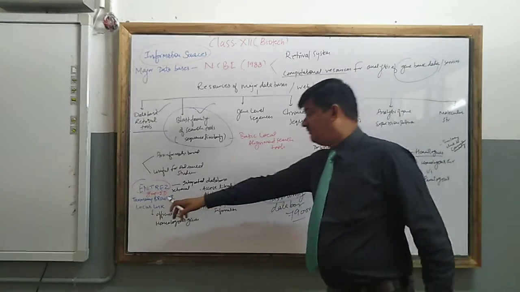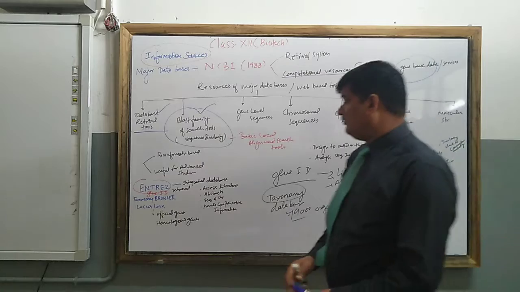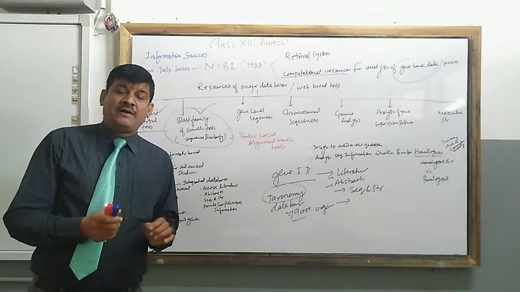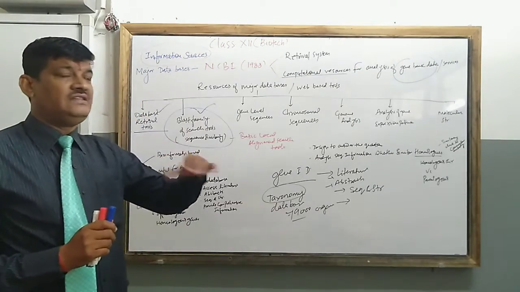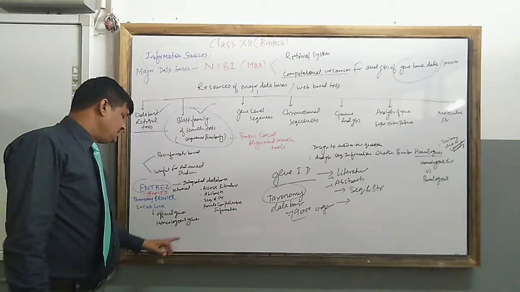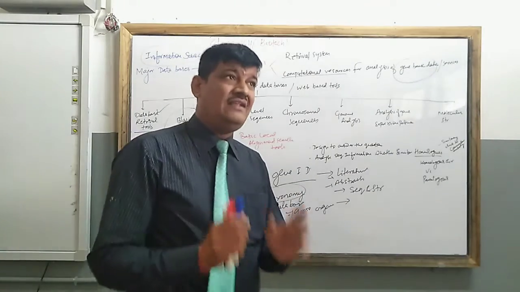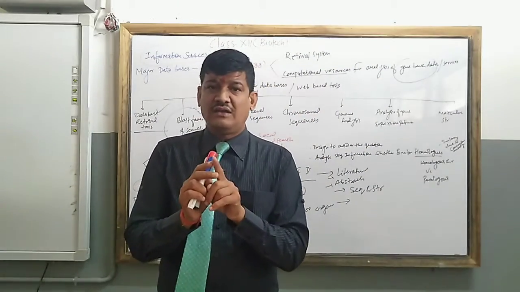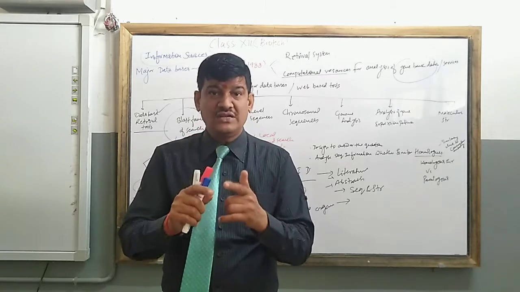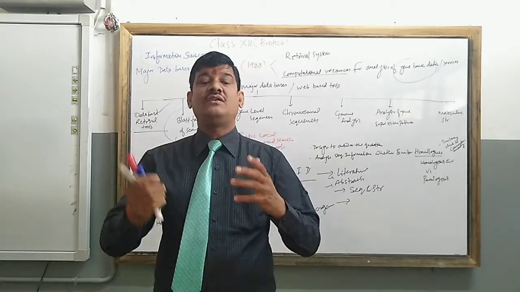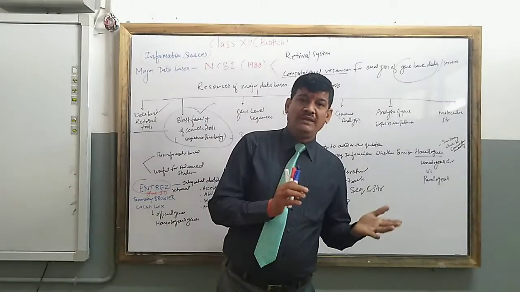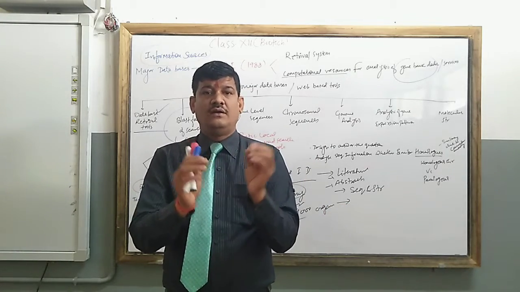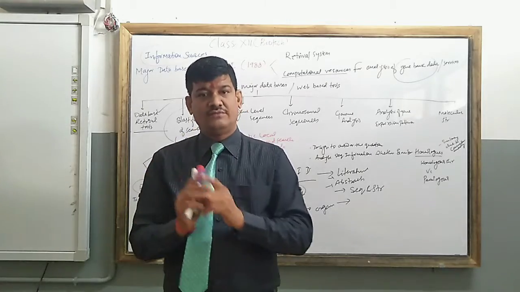Now come to the LocusLink. The main function of this LocusLink is that it dictates about the official gene. Whatever gene we have nominated is known as the official gene, and apart from that, it also tells about the homologous gene. Now, what is the meaning of homologous gene? Homologous genes are genes which are similar in structure and have an ancestral relationship. For example, the genome of human being and chimpanzee is very similar. It looks like our ancestors are the same.